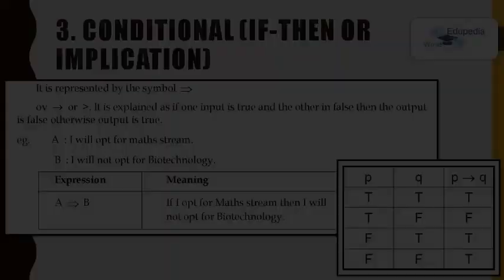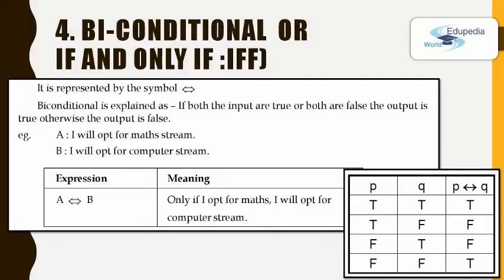its truth table. Now the fourth operator is the biconditional operator. The compound statements we create using the biconditional operator are like if and only if statements. In shortened form we say IFF. It is represented by a double-headed arrow symbol. Now this is explained as: if both inputs are true or both are false, the output is true, otherwise